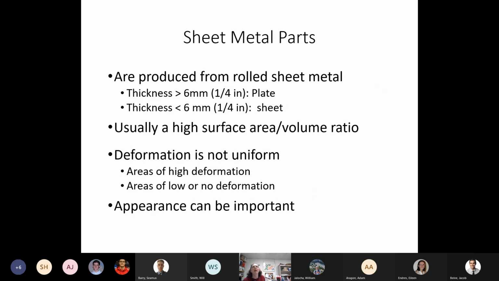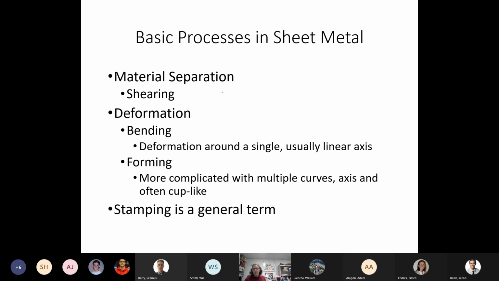And if you're thinking this can be a theme, looking at volume and surface area. So sheet metal parts, we do talk about plate and sheet. Generally, we say that plate has a 1/4 inch of thickness or higher, sheet is less than a 1/4 inch. And then we're not going to talk about foil, but foil is even thinner than sheet. Okay, so processes in sheet metal,